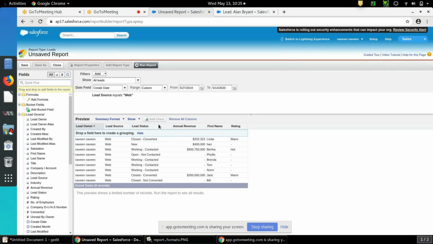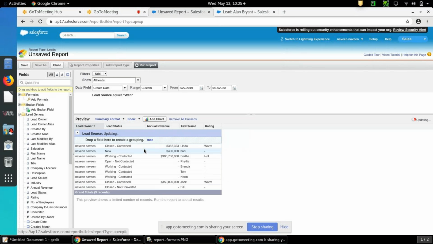It will be enabled when you do some grouping on any field. Suppose I want to do grouping on lead source. Click on this field and you will see group by this field. Can you see the add chart button enabled? So this is how you group the records.